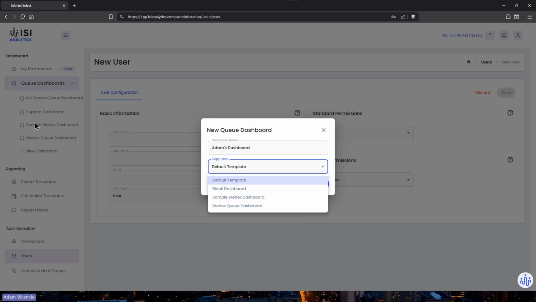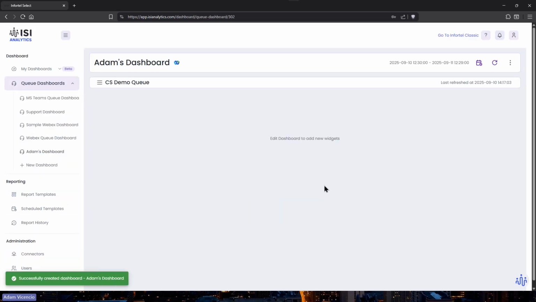So these other dashboards that I've created in the past, you could just copy from those settings. So if you're like, listen, I need to make another dashboard on 2 different queues, but I want it to be replicated from a dashboard I already have, this is where you do it from. For now, I'm just going to do blank, and we're going to say save. And you're going to see here that it's gone ahead and created your WebEx dashboard. It'll have no queues. It'll also have no settings.